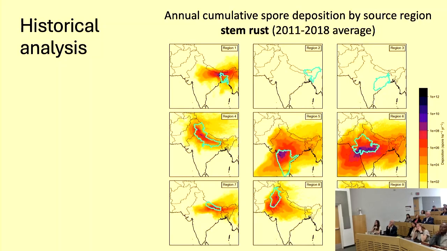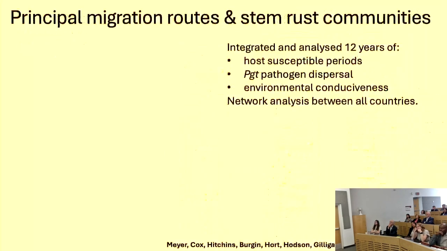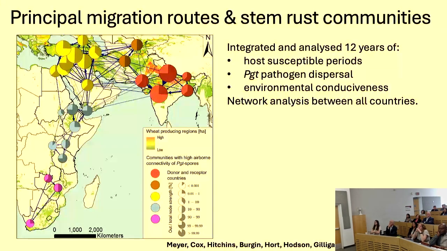So there's a clear sense of regional connectivity here, and even potentially reaching across the Indian Ocean. So there's an earlier study there, looking at the principal migration routes and the communities for stem rust connectivity in the area. An earlier work within the group, Meyer et al., ran a network analysis based on representative disease locations across South Asia and East and South Africa, and they looked at the host susceptible periods, pathogen dispersal for stem rust, and environmental conduciveness to find some messages about